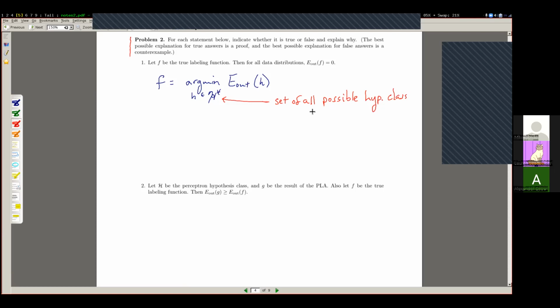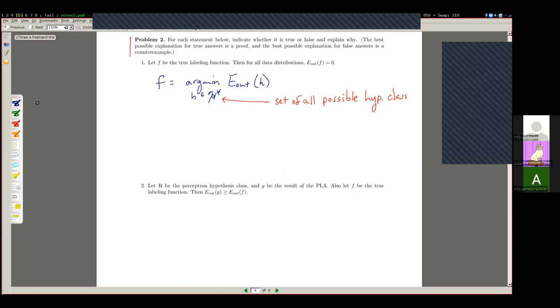So the intuition here is that f is somehow the best possible function. No matter what hypothesis class you were to choose, this f is the best possible function we can get. So that's the first part of this: let f be the labeling function. And then it asks, for all data distributions, is it the case that E out of f equals 0? And the answer here goes back to